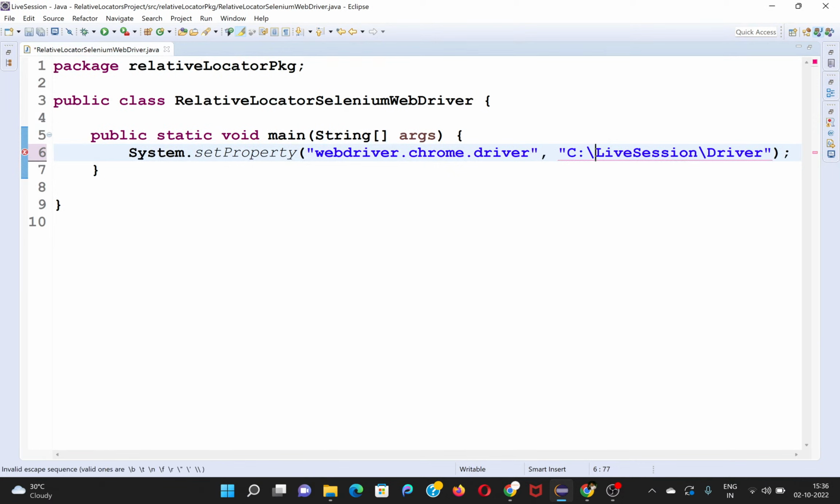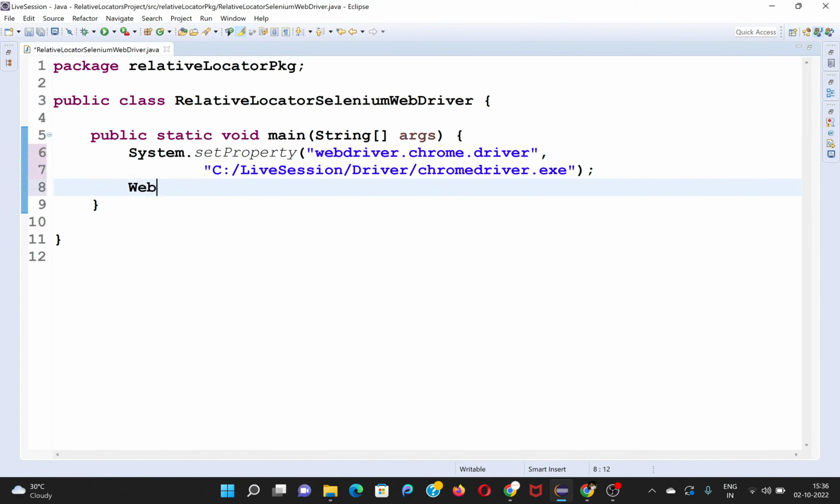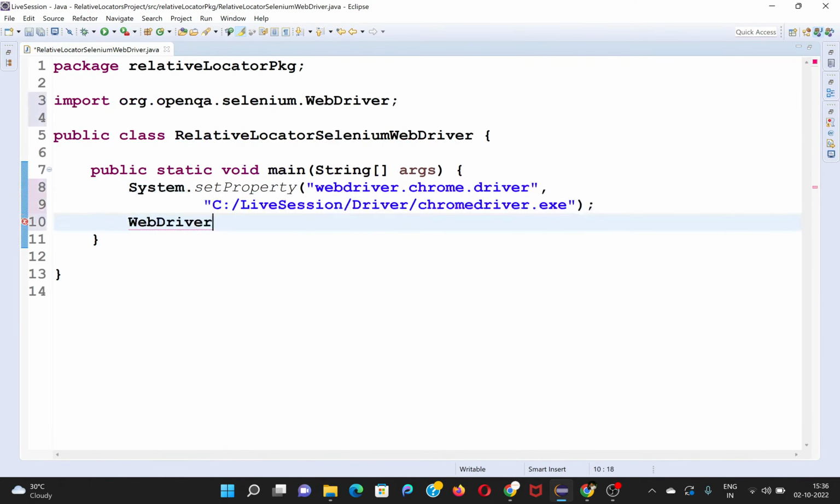Let me put it here. So what I can do, I can give the single forward slash so that no need to have multiple slashes. And I said home driver dot delete. So the basic system.set property I did. Now I wanted to open my driver. So WebDriver driver equals